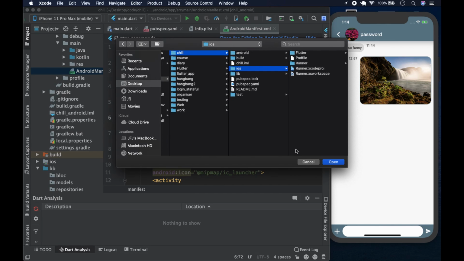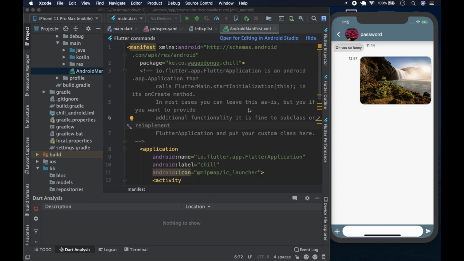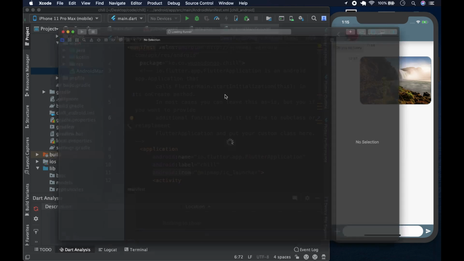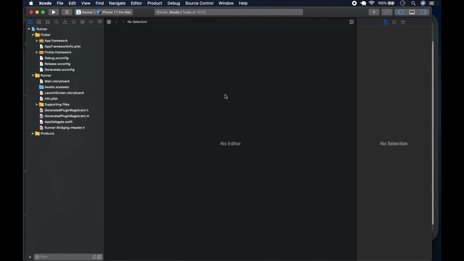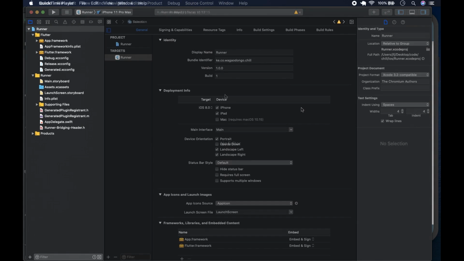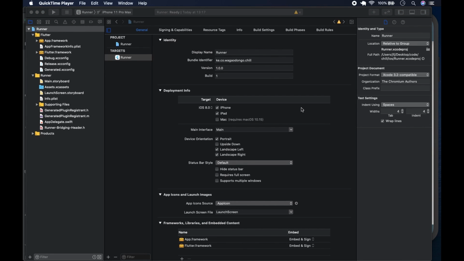Hit the iOS and hit open like that. Give it a second and it should open. We're now in our iOS file, and as you can see with the bundle identifier, we have the name of our app,